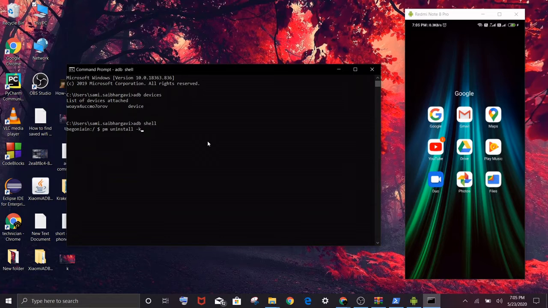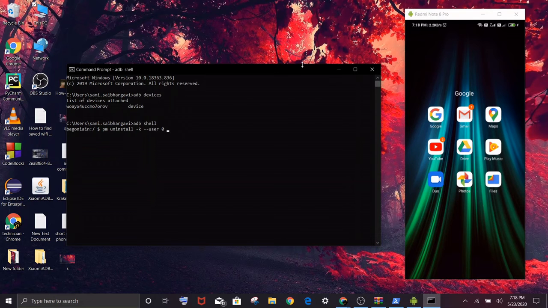If you are using an image or Facebook, it will clear all the parts of Facebook already. But if you have downloaded some content or videos from Facebook or anything else, it will keep the data of it in your phone. So that's why you use k and space dash dash user space 0 space, and you need to know the package name.